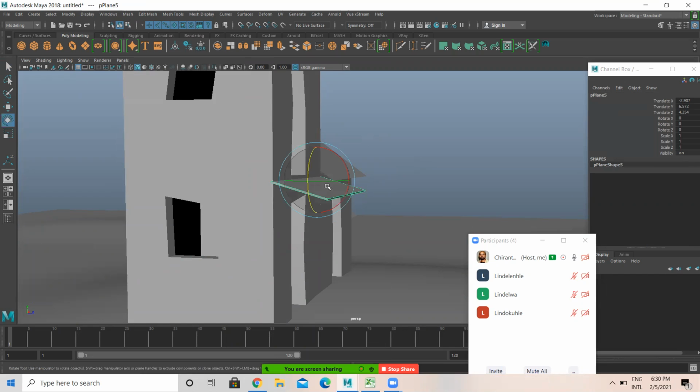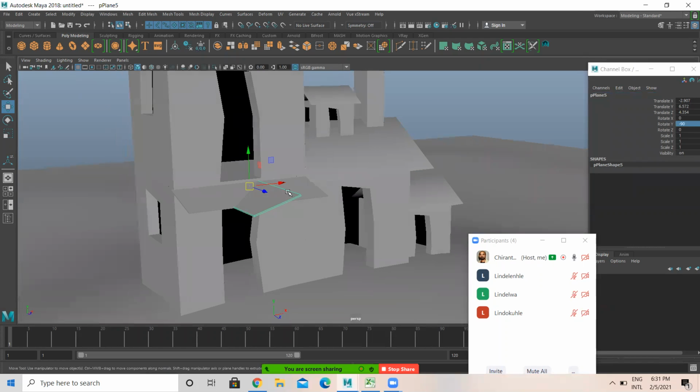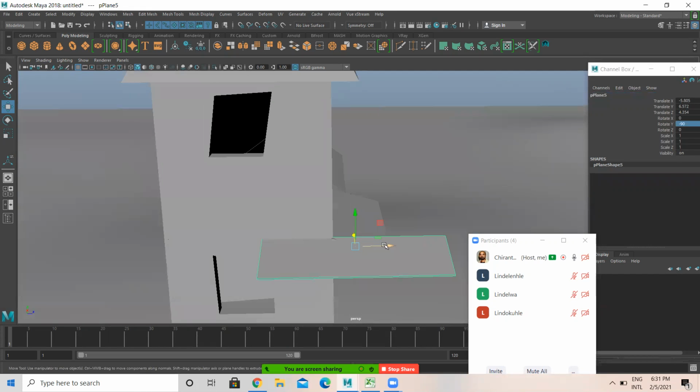Okay, a little bit of thickness. Now duplicate this like this. Make sure this is at minus 90 degrees on the Y-axis, minus 90, so that it fits perfectly here like this.